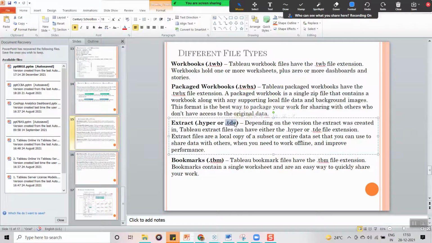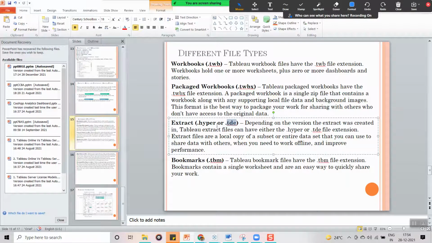In 10.4 and higher versions, they made a lot of changes to the extract file format, and compared to the TDE file type, this hyper file type is 100x faster. From 10.4 onwards, the file extension of an extract is dot hyper.